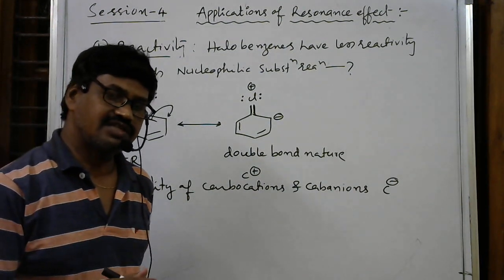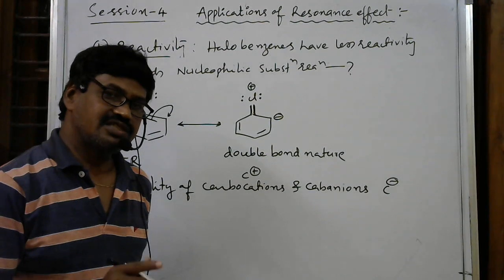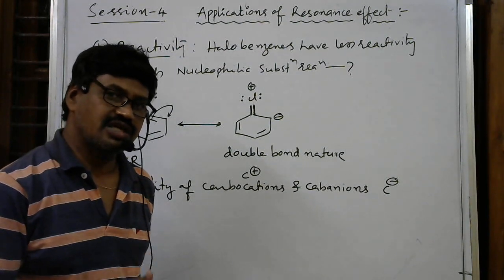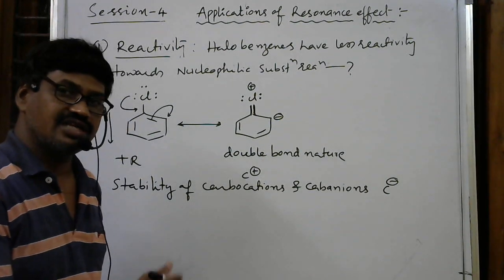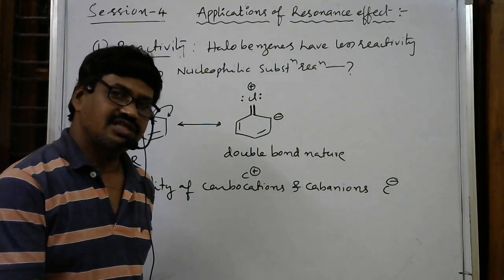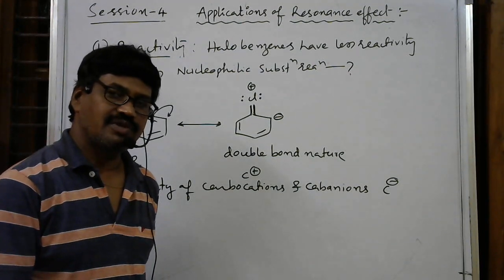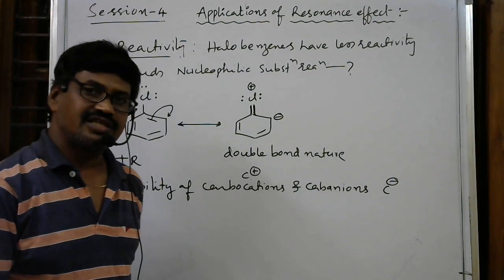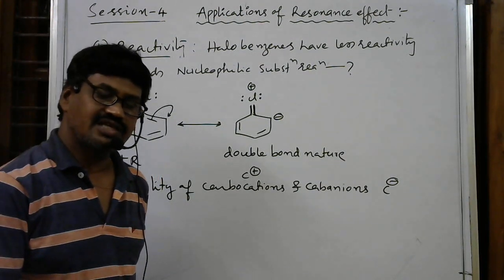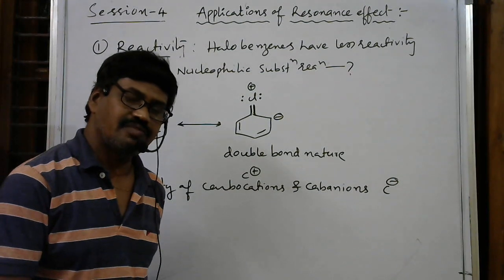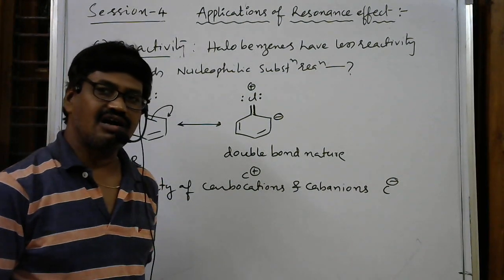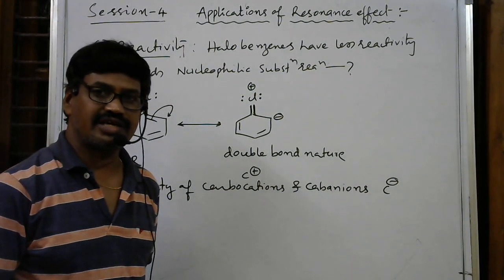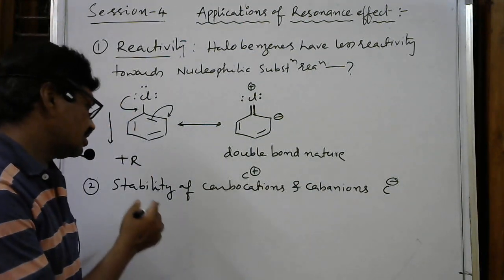Because of the plus inductive effect, a tertiary carbocation is more stable than secondary, which is more stable than primary. And in carbanions, tertiary is less stable than secondary, which is less stable than primary, which is less stable than methyl carbanion. But here, this is applicable for